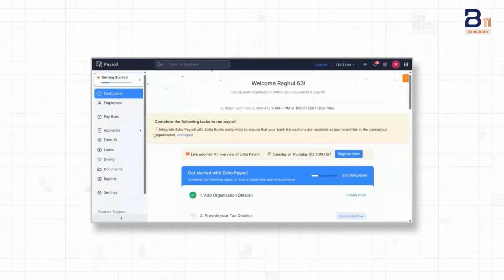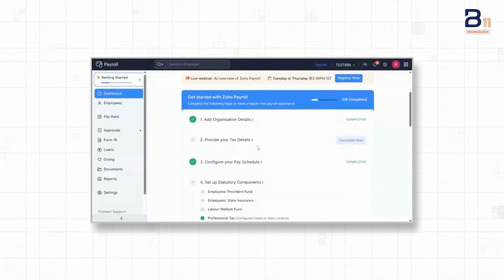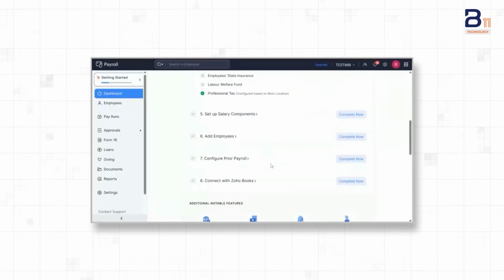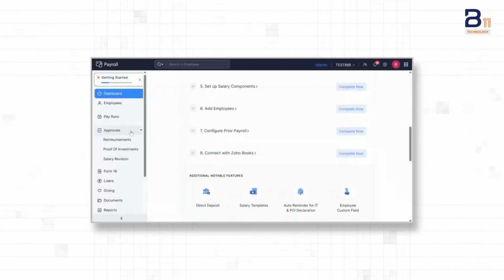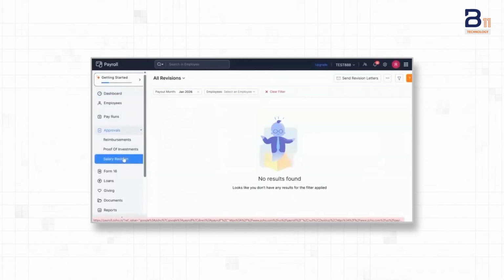On this payroll, you can provide the tax details and pay schedule. This is the default initial configuration you need to do. Once everything is done, the payroll system is ready. There are a few more things, which is approval. You can approve certain revisions. Whenever a candidate has a salary revision, you can approve it or reject it in this section, and there is a